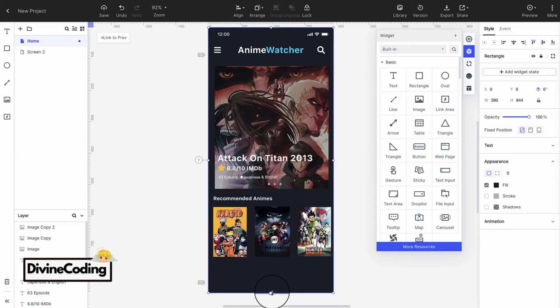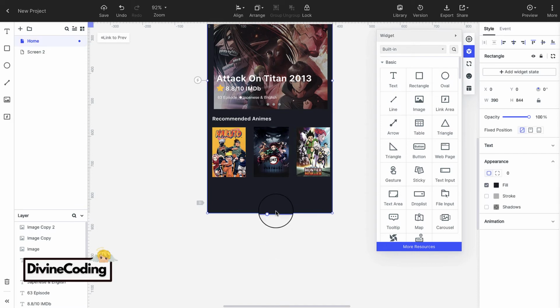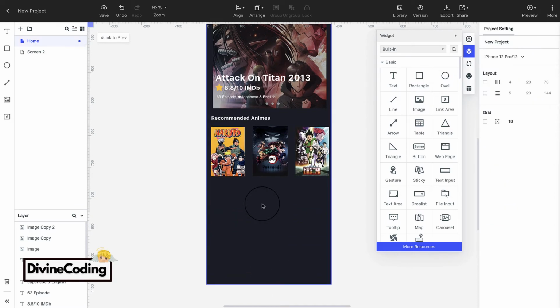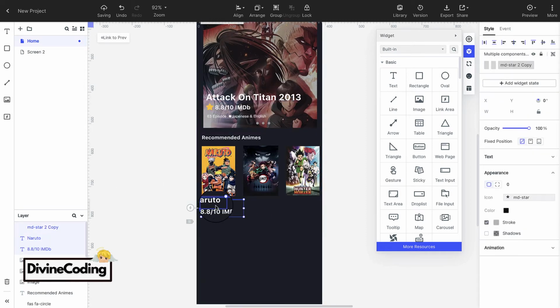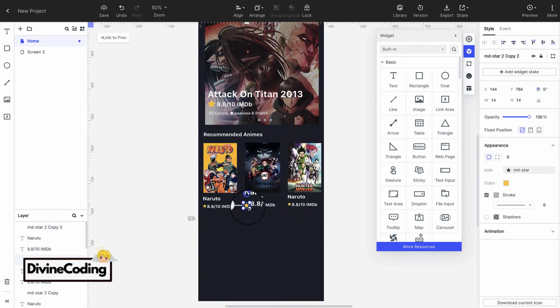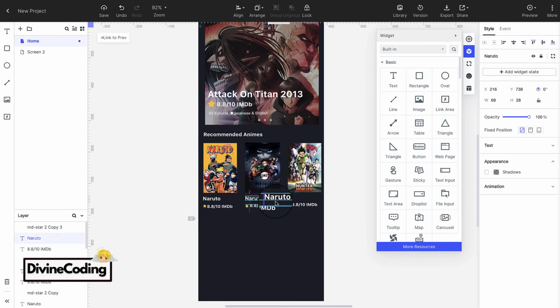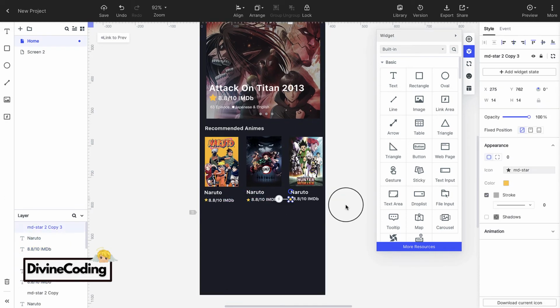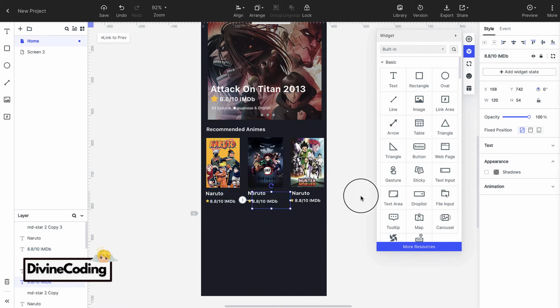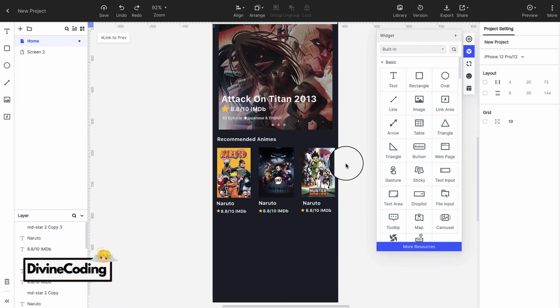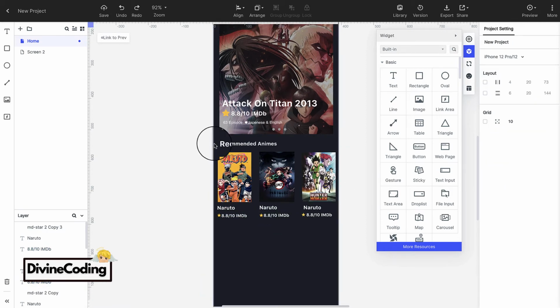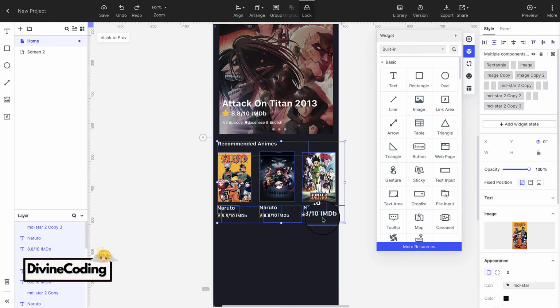And now we will increase the length of our screen size so that the user can easily scroll down and read all the information. For that we will drag it down like this. And now we can simply provide the title and rating for the app. So it was very easy to complete our recommended part. And our featured section is going to be even easier as we are just going to copy and paste the same part.